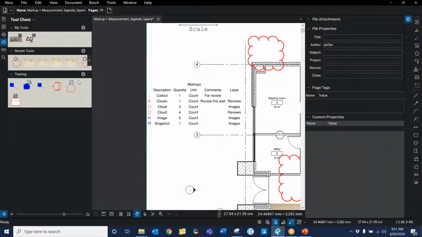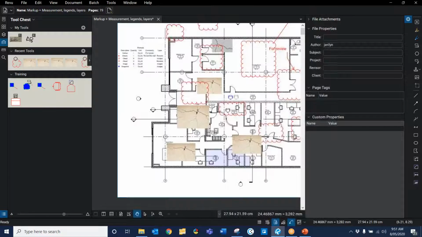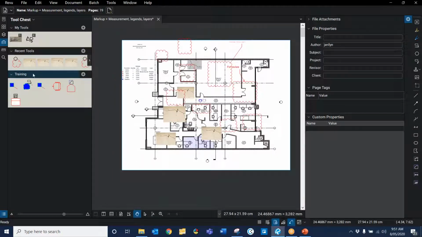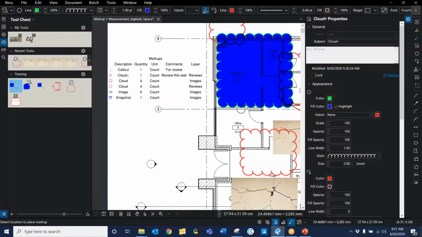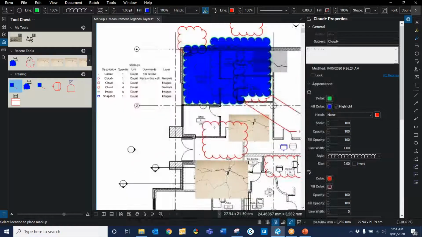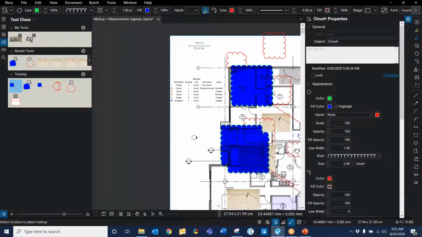The other option though is creating straight from a tool set. So I'm just going to go into my tool chest here and go to the training tool set. I'm going to drop down this, and go down to legend. And I can either create a new one or I can add these markups to my existing one. So I'm just going to add them to my existing one. Yeah. So hit markups, and as I place markups from here, you should see them go into,